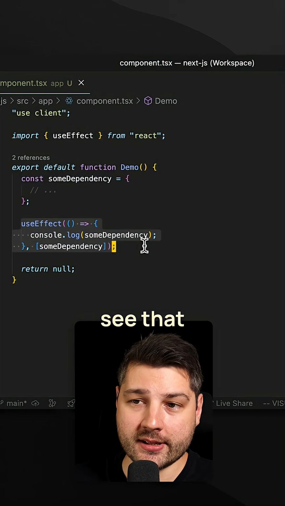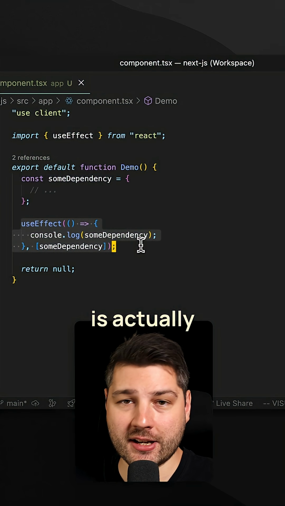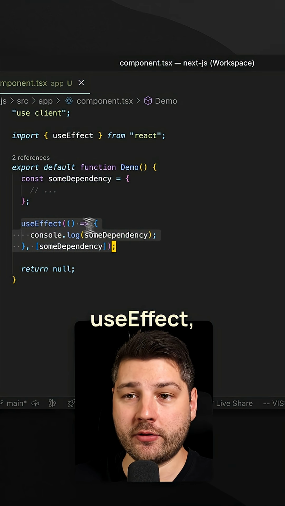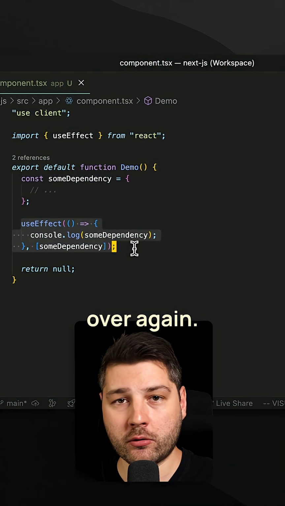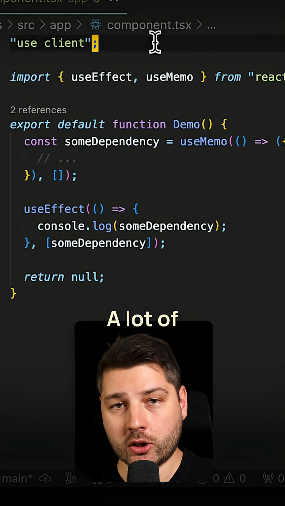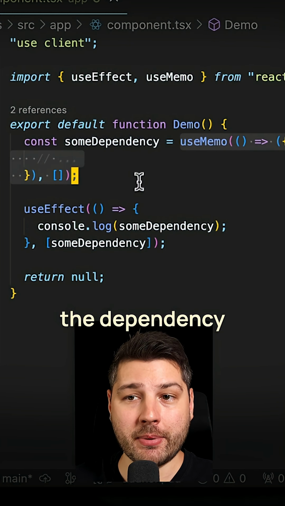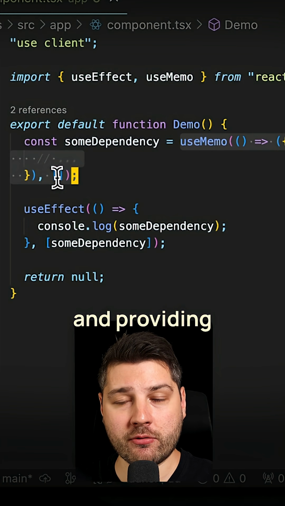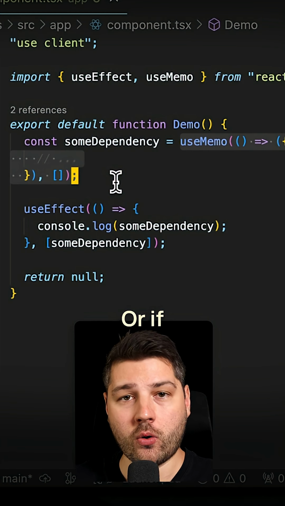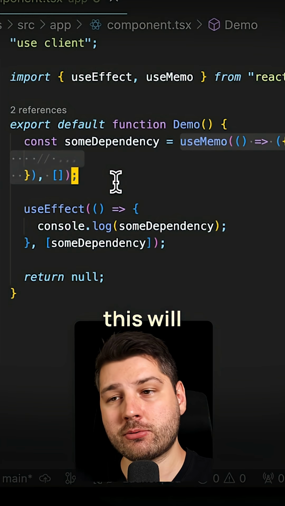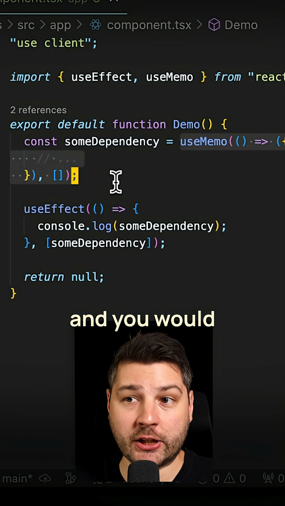Now, I hope that you can see that the code that we have here is actually going to lead to an infinite loop of useEffect running constantly over and over again. Now, here's the problem. A lot of junior developers will opt to solve this problem by wrapping the dependency in a useMemo and providing an empty dependency array. Or if you're using the React compiler, this will actually do it automatically for you, and you would actually be